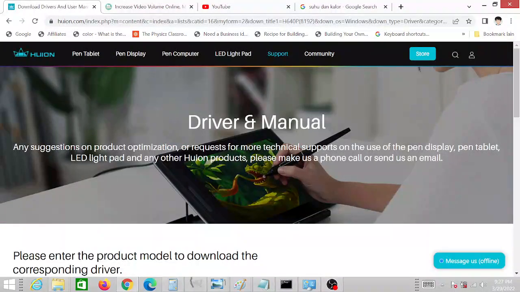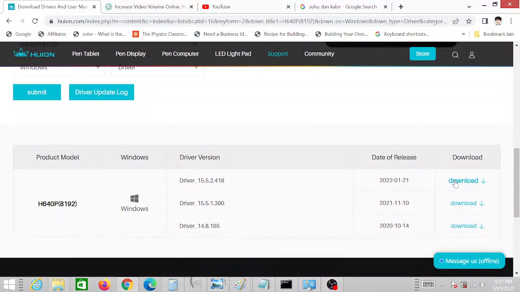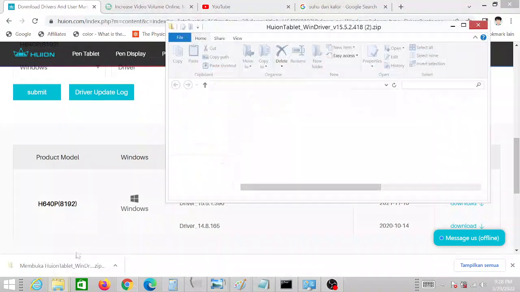And after finish, scroll down and choose the newest one. So for instance, this is the newest one, 2022 release, date of release. Click and it will download the file, and wait until the download finish. I have already downloaded the Huion tablet, so now